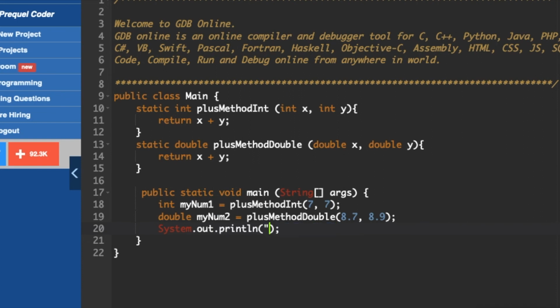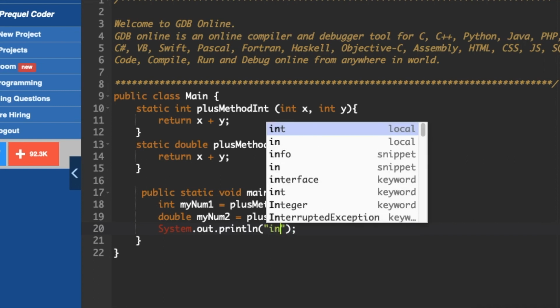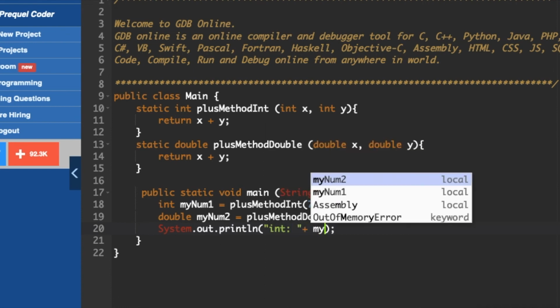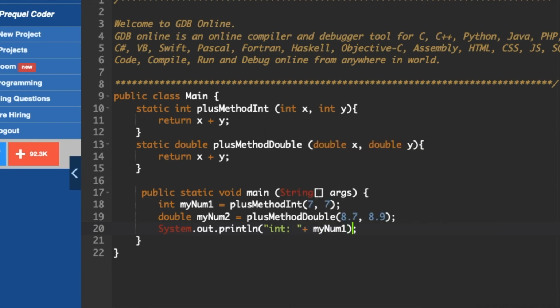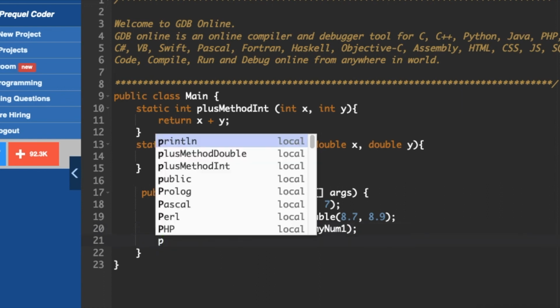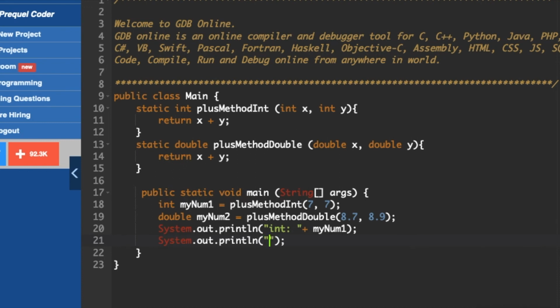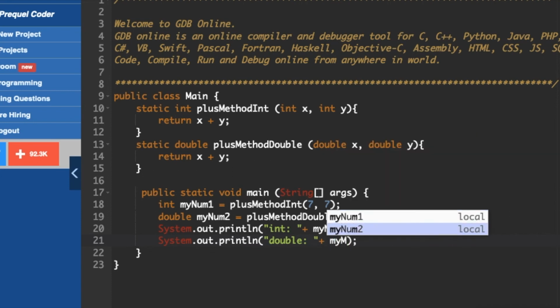Now I want the addition of these numbers, so let me just try to write it now. Here I will say int plus my num1. And the same line for the second one also, but we'll just try making changes in the data type which we are going to declare, and my num2.